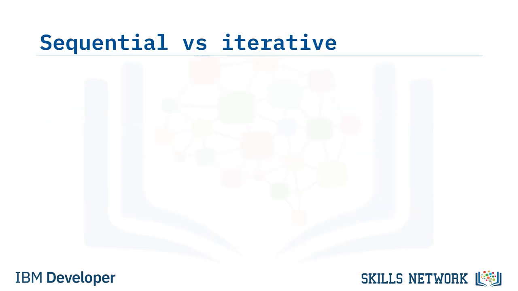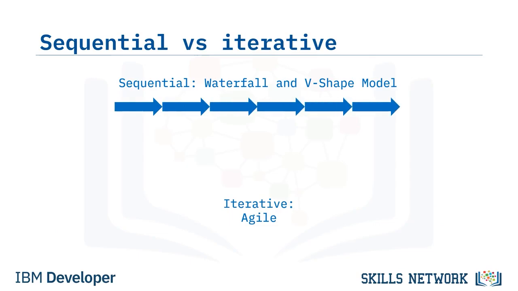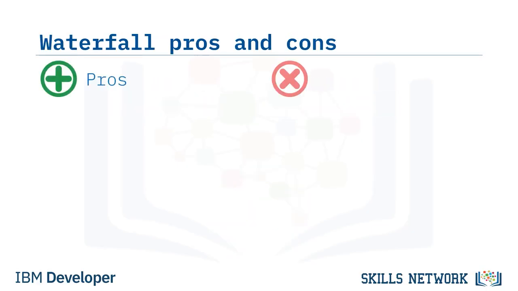a plan. The main difference between traditional SDLC methods, such as waterfall and the V-shape model, compared to the Agile method of software development, is the former are sequential, whereas Agile is cyclical. Traditional SDLC methods, such as waterfall and V-shape, center around the whole product being developed before soliciting customer feedback, whereas Agile focuses on quick, short bursts of development. There are pros and cons to each method, though Agile is probably the most popular method used in modern software